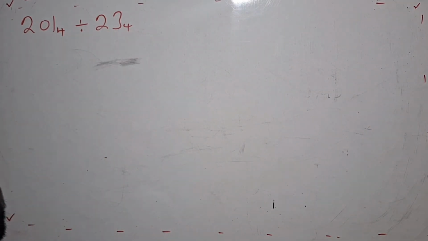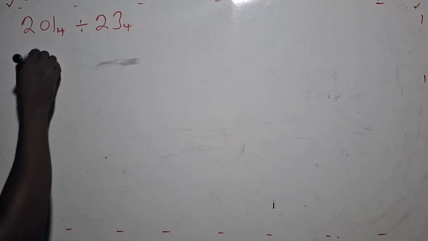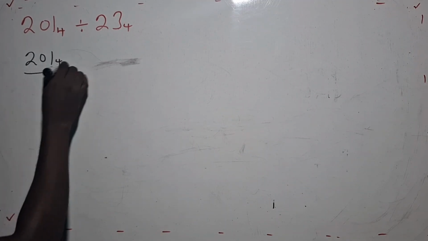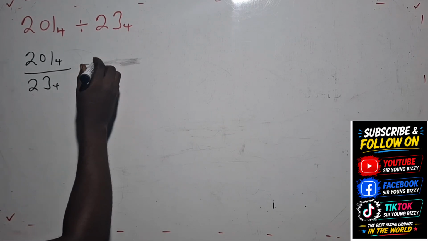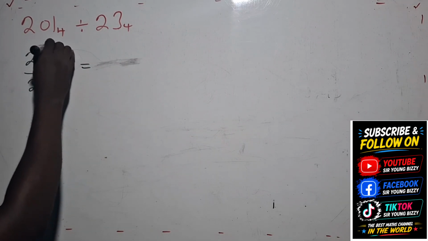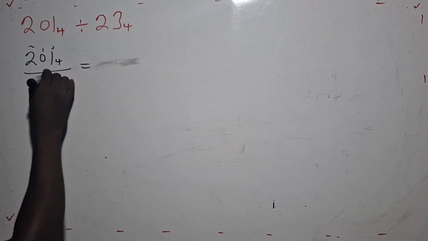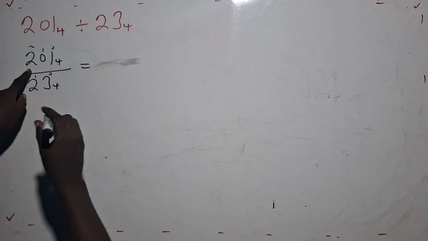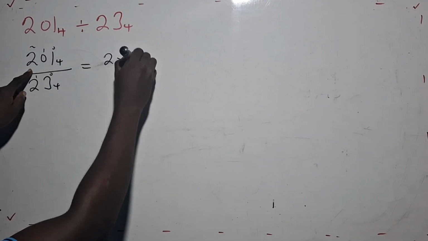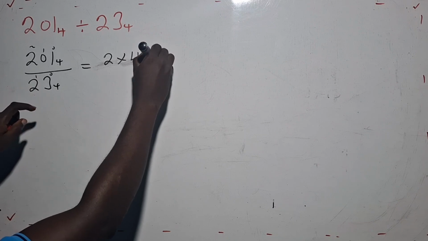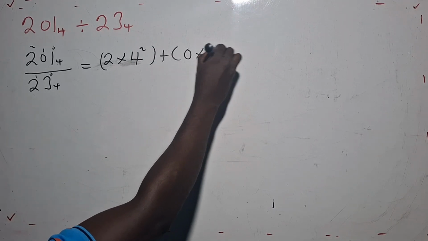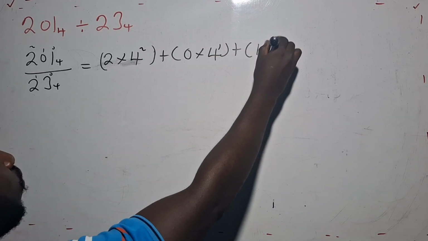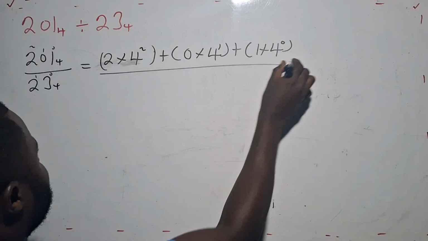Now this one, I'm going to use another method to solve, which is the same. So I'm going to have 201 base 4 all over 23 base 4. So this is how I'm going to do it. I'm going to award the powers here: 0, 1, 2, 0, 1. So this one will give me 2 times 4 power 2. Let me put it in a bracket. Then I have 0 times 4 power 1. Then I have 1 times 4 power 0, all over